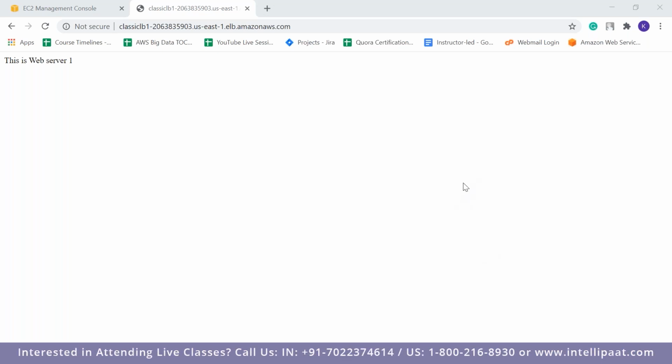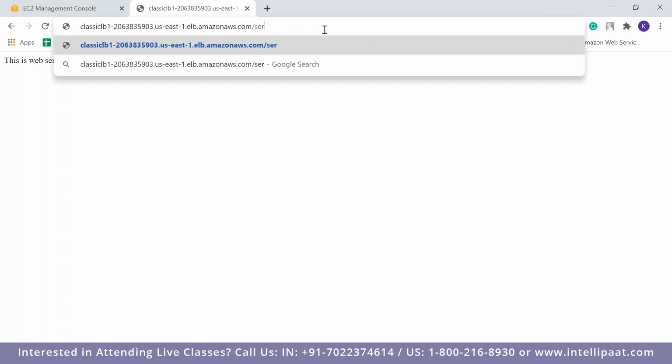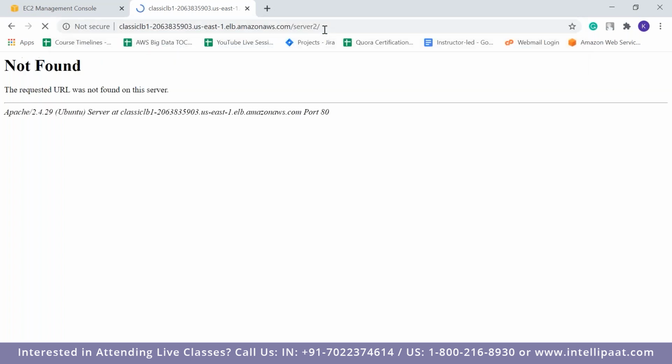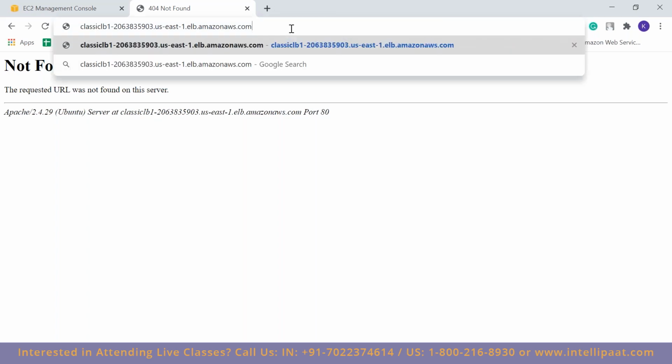Cool. So this is right now in web server 1, again in web server 1. Now it is in web server 2, again in web server 1, web server 2. So it's basically random, guys. But let's see what happens if I type server 2 over here. It's not found because it will not move. This particular DNS name does not do that. For this particular action, we should use ALB. So that's what I'm going to show you.